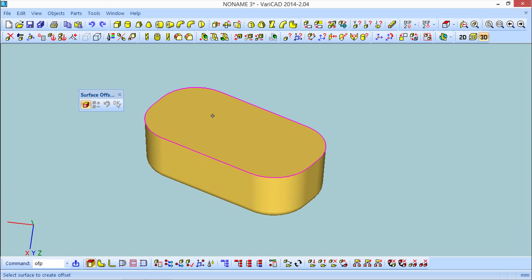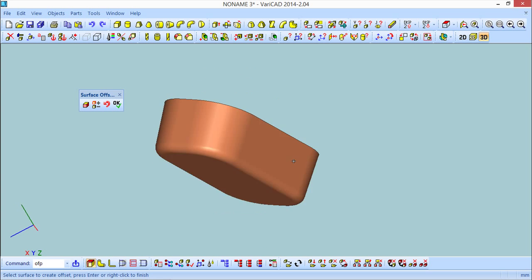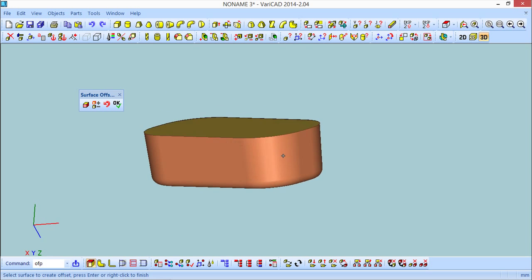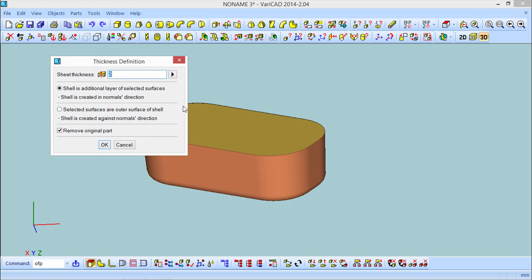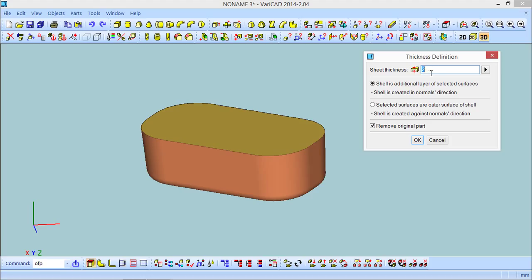So I want to select everything except this one. Okay, and you see everything was selected with just one click. Okay, so do the OK, and now what happened is that the program allows me to reply with the thickness I want